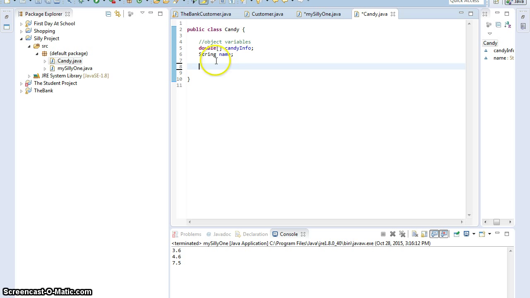I've started to design my candy class. These are my two object variables. I've got a double array here called candy info, and I've got a string called name. I now need to start to construct a constructor method. So I design a constructor method. So public constructor,